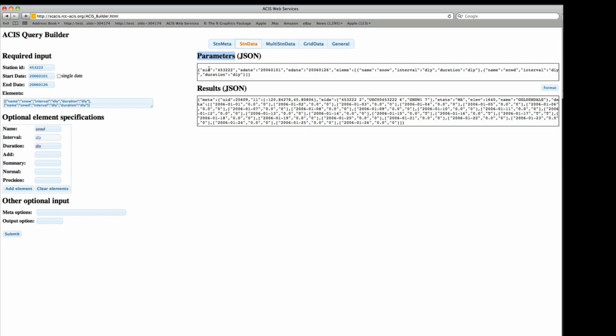Now see the parameters object. It still contains a station ID, starting and ending date. The elements field now consists of an array of objects. In the first case, we're looking for snow, an interval of daily, and duration of daily. And in the second case, we're looking at snow depth with the same interval and duration. Our results object, as before, contains two name value pairs, meta, along with our metadata object, and data, along with